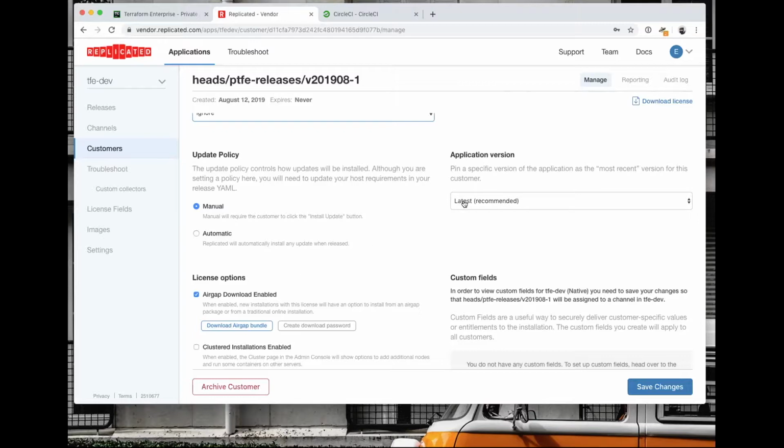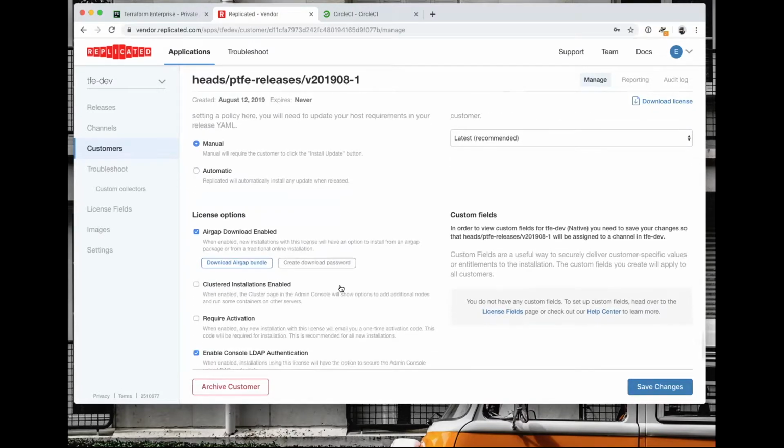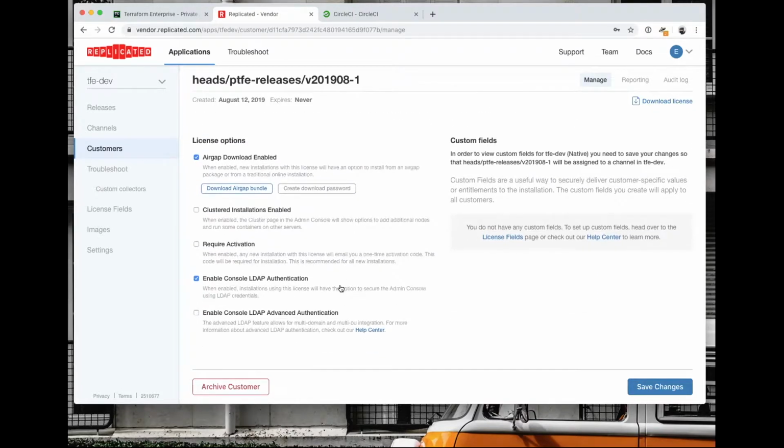And then finally, you see this air gap concept. You can air gap enable a license. We talked about air gap when we talked about release channels, but ultimately what an air gap license does is create a .airgap package for a release channel. By enabling this entitlement, this license can then do an air gap install.